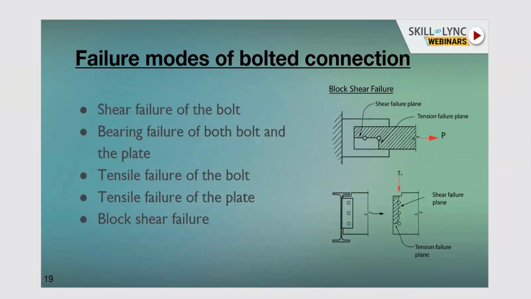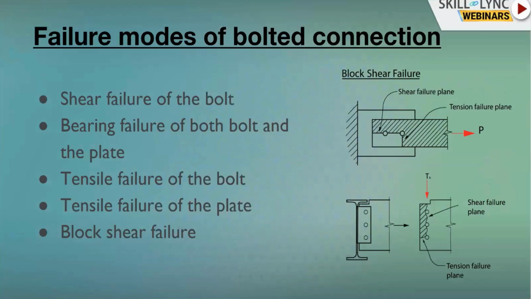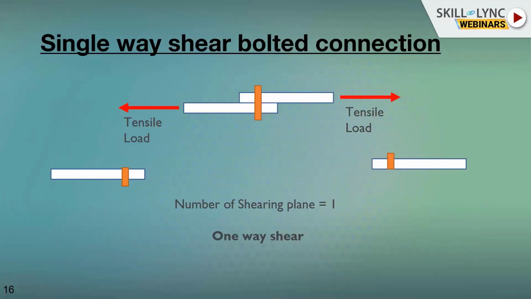Of all the failure modes that can occur, there are 5 major failure modes in the bolted connection. The first one is shear failure. This is how the shear failure will occur. This is for one-way shear. The bolt may be divided into half. So this is only shear plane number 1. Next slide, please. So in two-way shear,